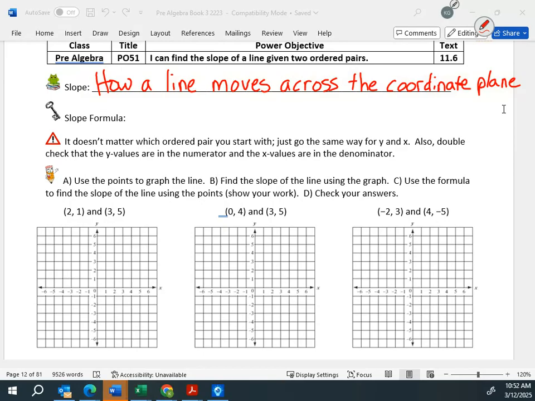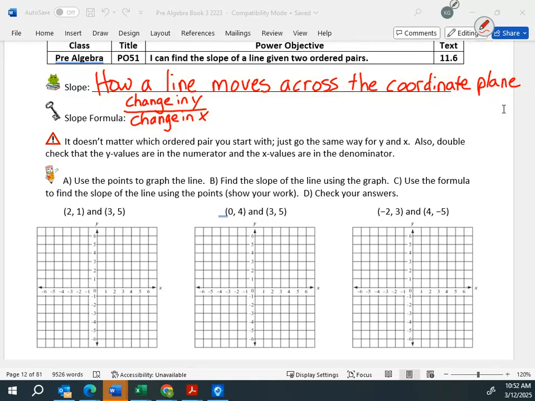So we know from yesterday that it's the change in y over the change in x. So it was that rise over the run. Right? So we're going to use that